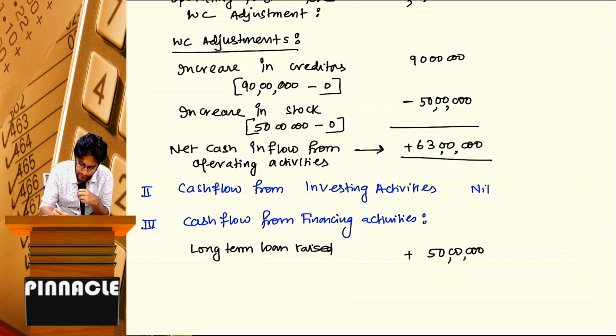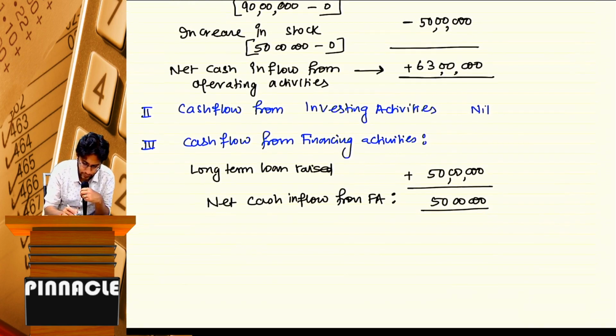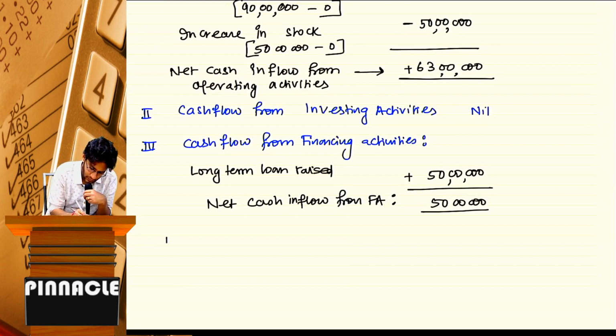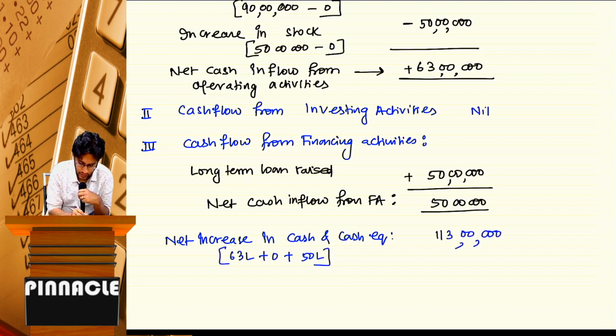So that's it here. 50 lakhs itself is your net cash inflow from financing activities. Net increase in cash and cash equivalents is 63 lakhs plus 0 plus 50 lakhs. 113 lakhs. To this add,